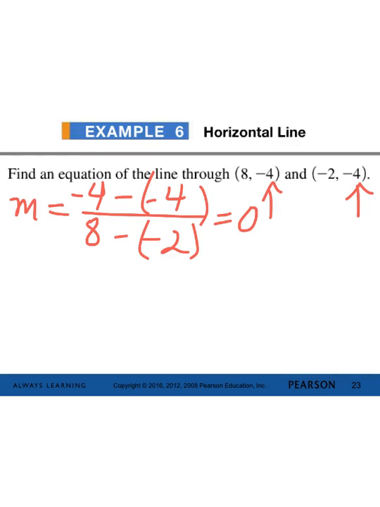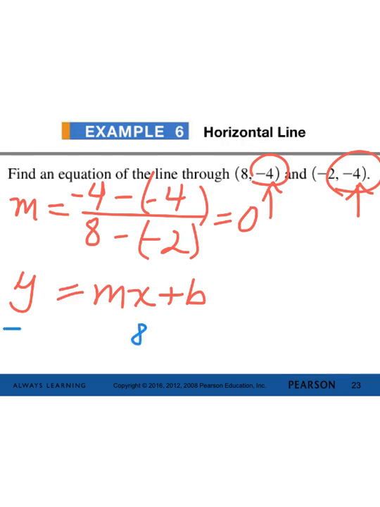And the only thing you don't know is what is the y-intercept, but guess what? If the slope is 0, the y-intercept is going to be the only y value you've got. So y equals the slope, m times x plus b, will tell you that if you pick either one of the points to put in for x, y, for example, if x is 8 and y is negative 4, and I put in my slope of 0, I'm going to see that b is equal to negative 4, as I said it would be, and therefore the actual equation then is going to be